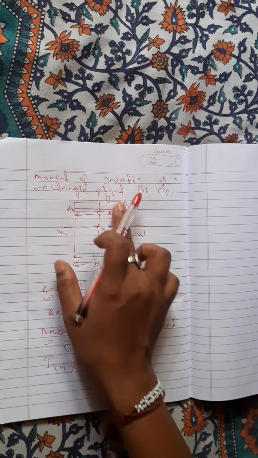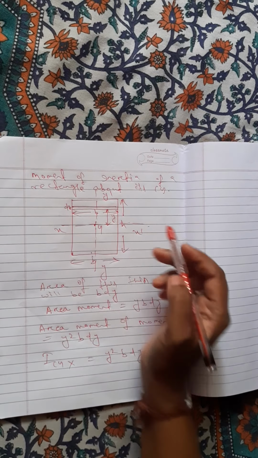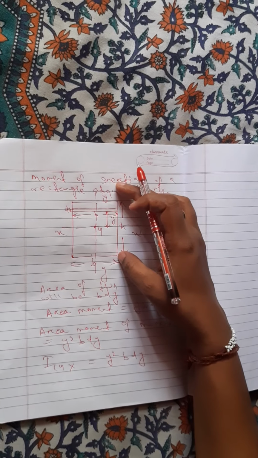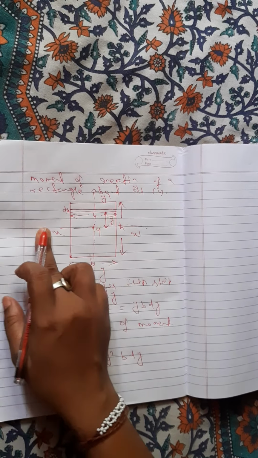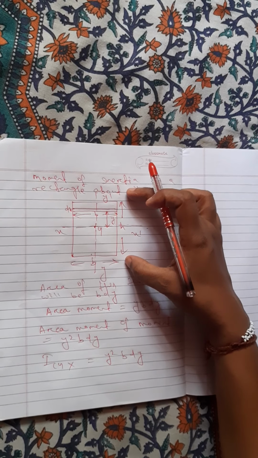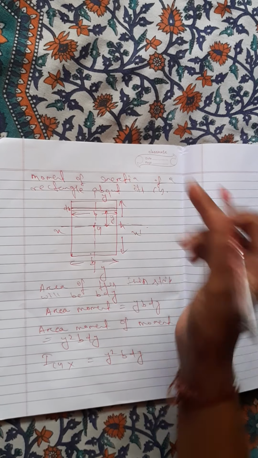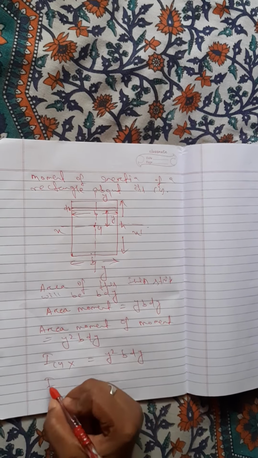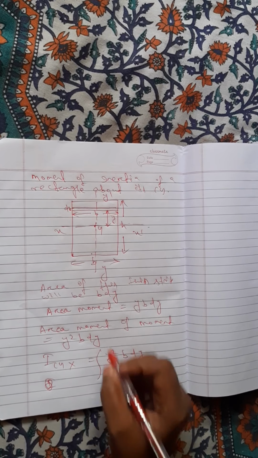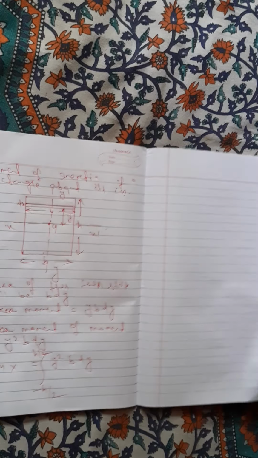So what will be the total moment of inertia? This rectangle is the combination of all these thin strips, so we have to integrate to find the total moment of inertia of this section about this axis. The total height is h, so from here to here it is minus h by 2, and here to here plus h by 2. We have to integrate it from minus h by 2 to plus h by 2.